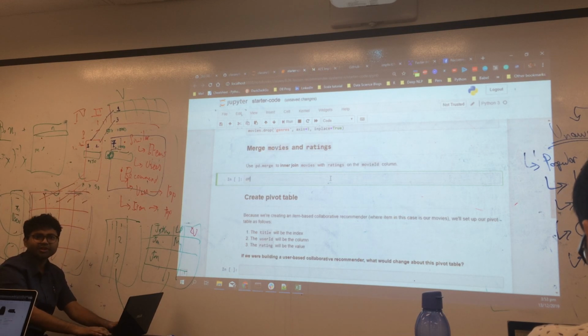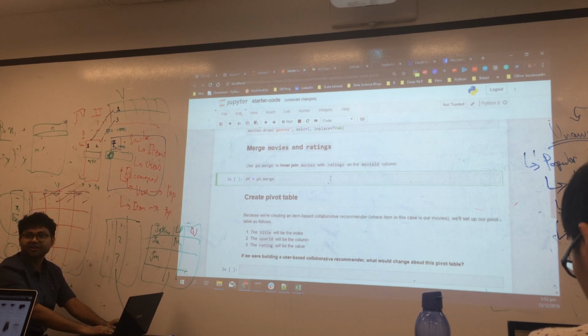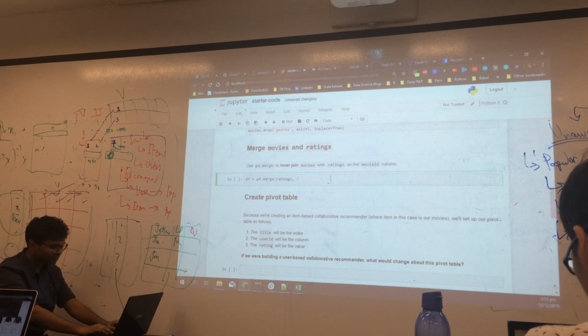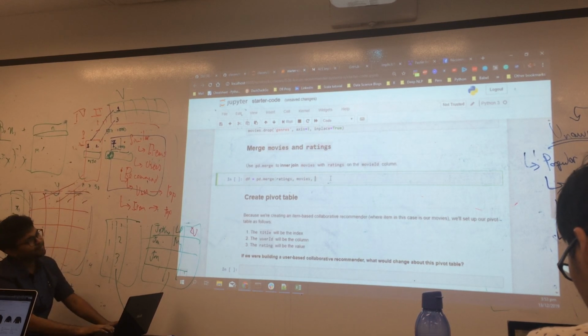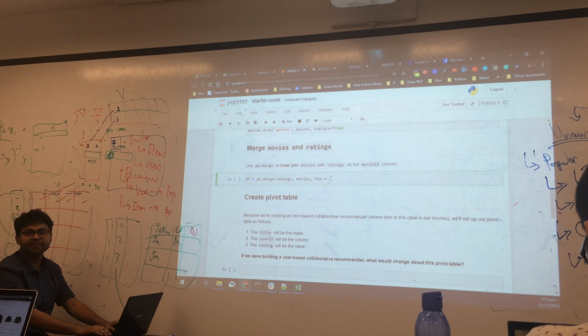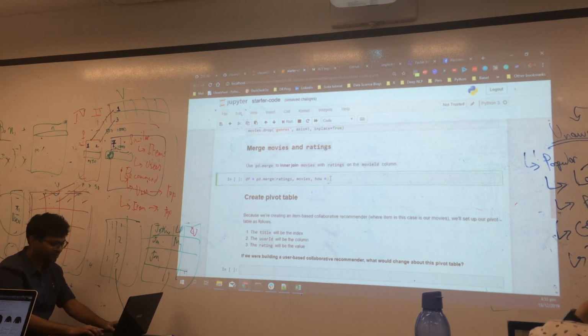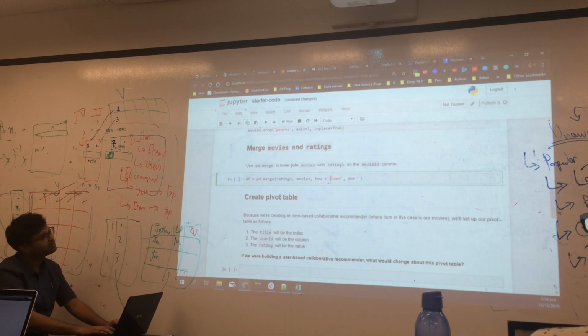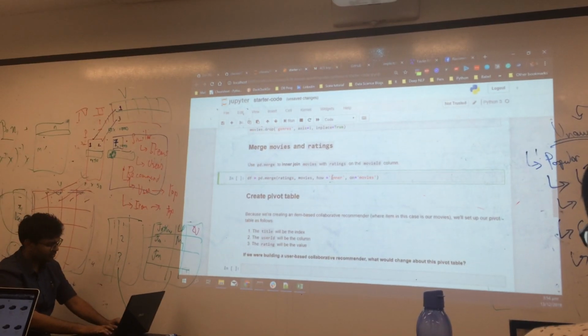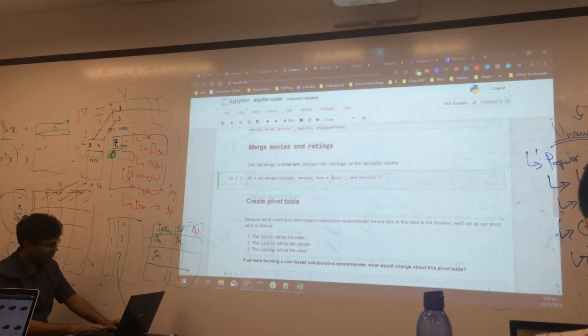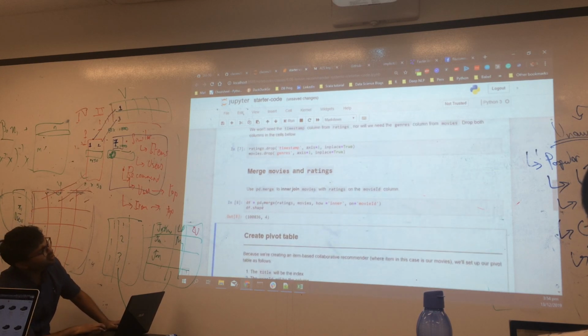Does anyone remember how to do the merge? You have a merge function, right? pd.merge, with whichever two datasets you want. You can specify how you want to merge them and on what you want to merge them. By default, you will always be doing the inner merge itself. So once you merge it,